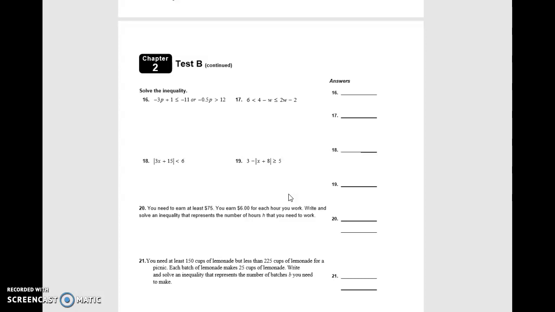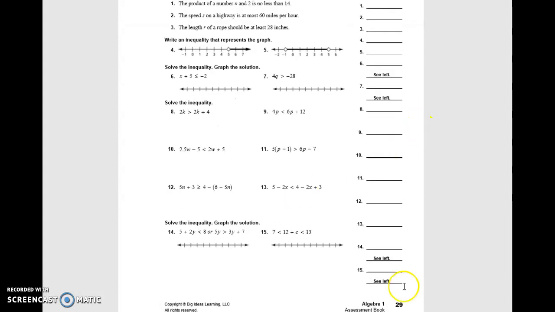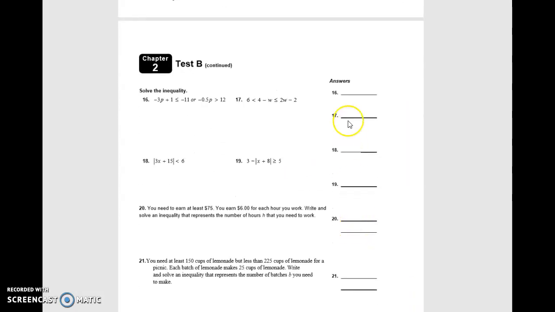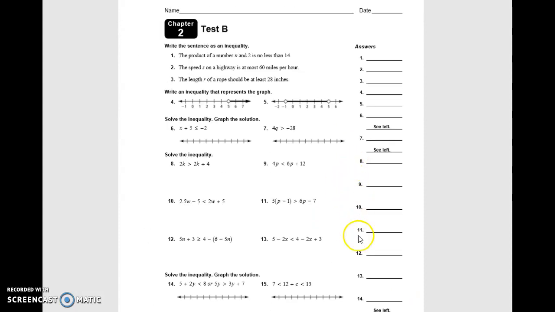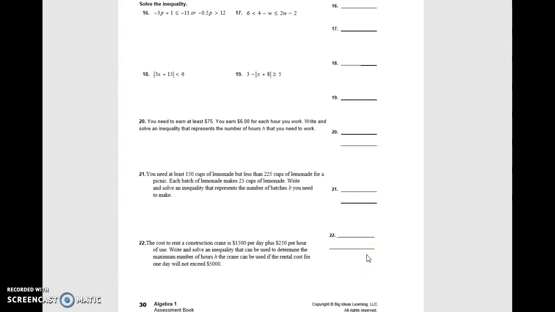So that means on this whole test, front and back, you should have 2 no solutions, because 1 is somewhere from 8 to 13, and another no solution from 16 to 19, and then you have 2 many solutions somewhere from 8 to 13. And then the last 3 there are word problems, and make sure there's 2 lines there